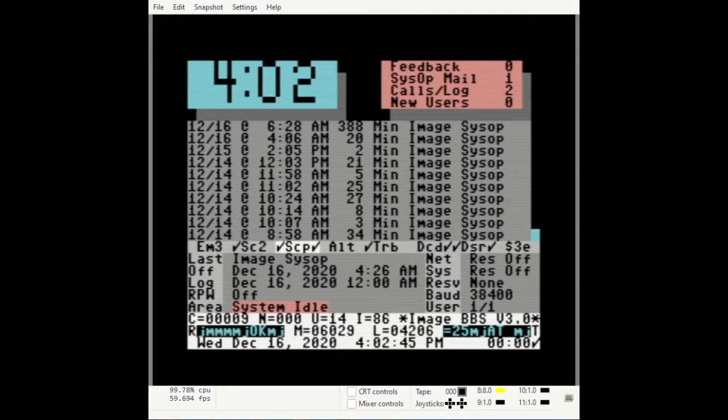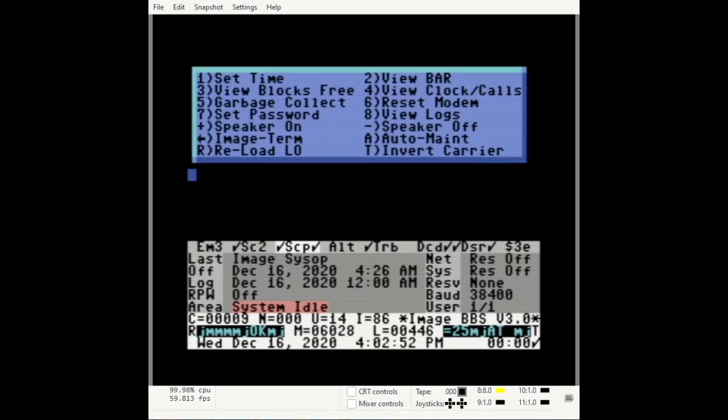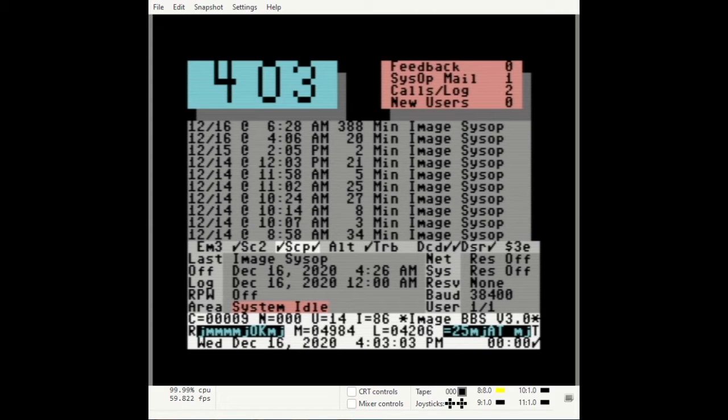So I'm sitting here at the idle screen and I want to know how to get into ImageTerm. So if I hit the question mark, I see that the left arrow key is how to get into ImageTerm. Well, that's easy on the Commodore 64 keyboard, but how do we do it in WinVICE? Let's click on Settings